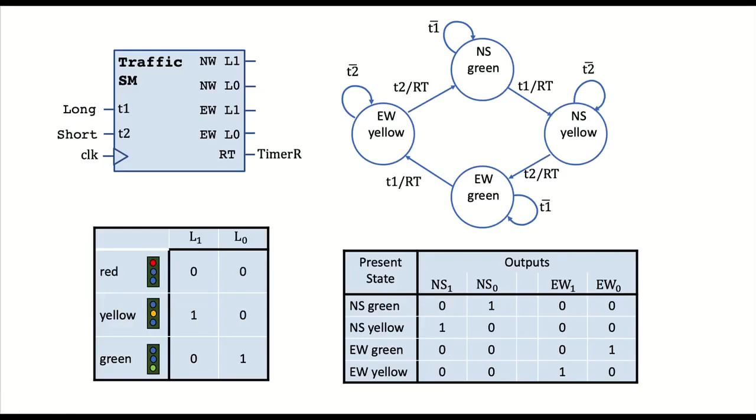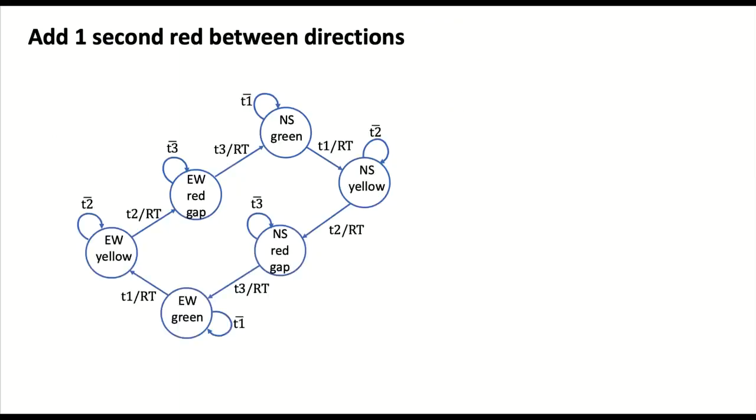Okay, so that's it. And what about a different city, where, as was just suggested, we should not go directly from yellow to green in the other direction? In fact, I think most traffic lights are like that. Oh, cool. So I was skipping slides. Thanks. So let's say that we don't want, as soon as it's yellow, to immediately let the other direction go.